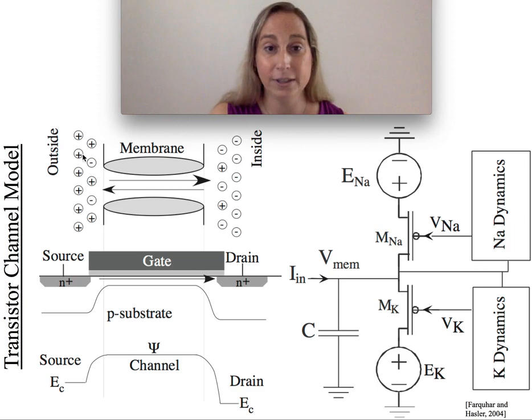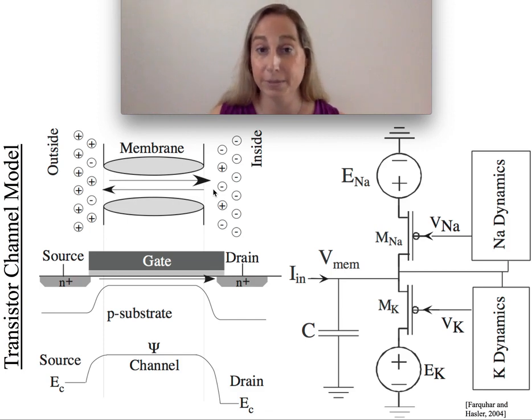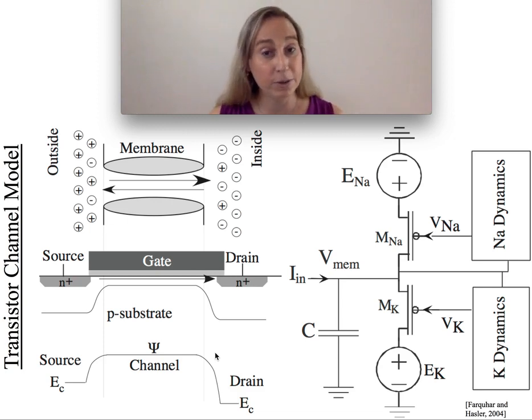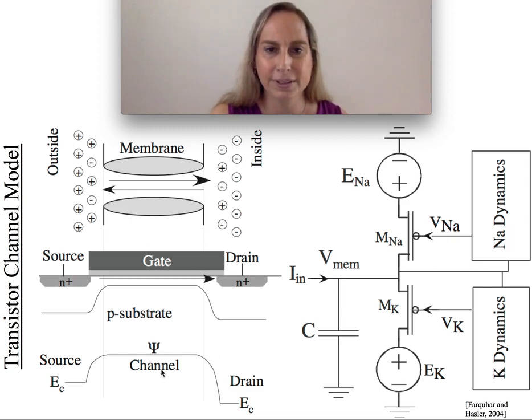Well, what's interesting is if I look at a slice through the biological channel, I will see something very similar, it turns out. Going through this membrane structure, when the channel is open, I'm going to have a potential through the middle here. It's not going to be perfectly flat because there's some interesting structure in the ion dynamics, but for the most part it's good enough to think of it as close to flat, with some small shifts along the way. But the overall level is going to get modulated by some sort of gating molecule,